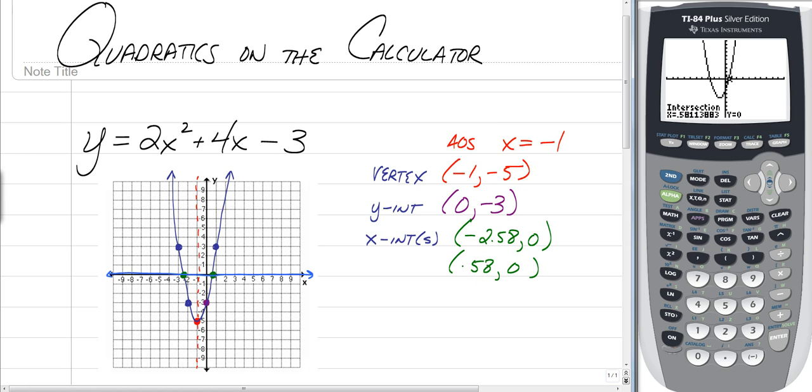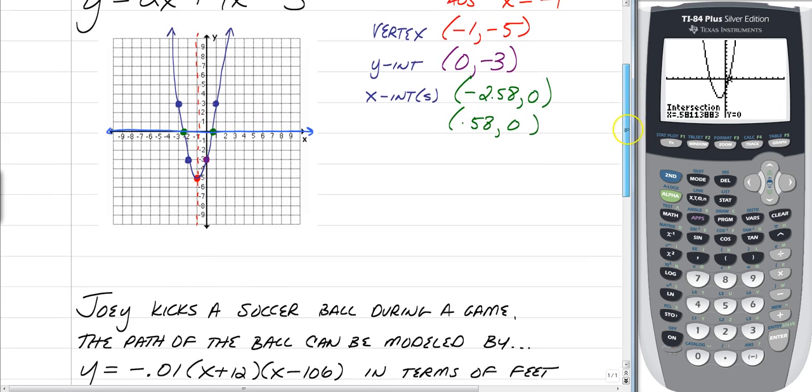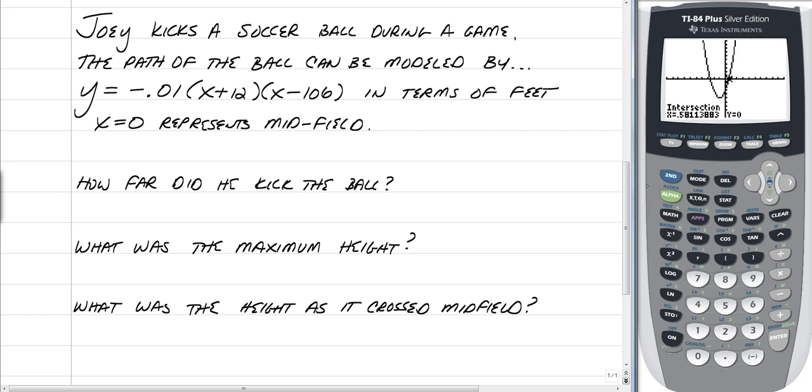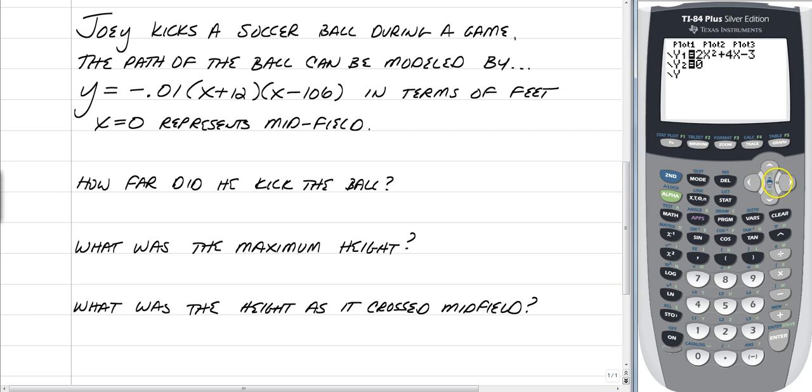Alright, and that's it. That's all you really need to be able to do with your graphing calculator for now to find the important details. So, we're going to take this a big step forward now. Now that you know how to use your graphing calculator, we can use it to answer a lot of application problems. So, this question is saying that Joey kicks a soccer ball during a game, and the path of the ball can be modeled by the equation y is equal to -0.01 times (x + 12) times (x - 106)